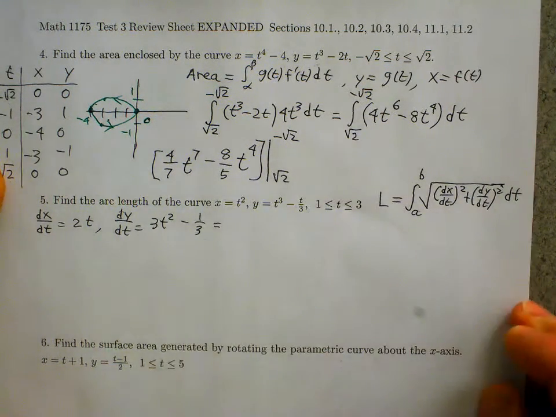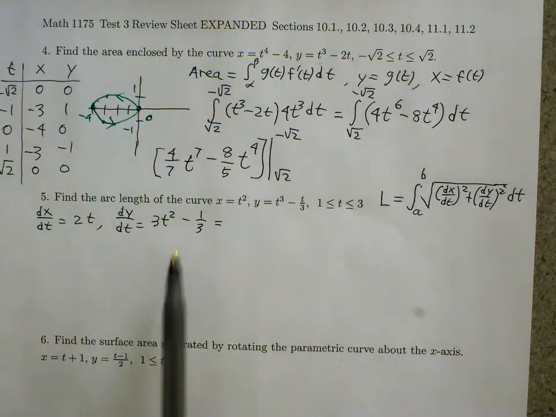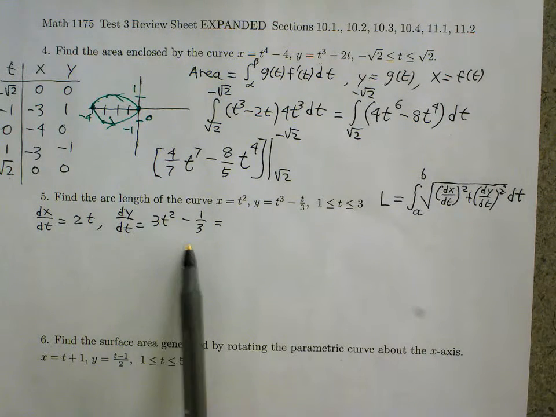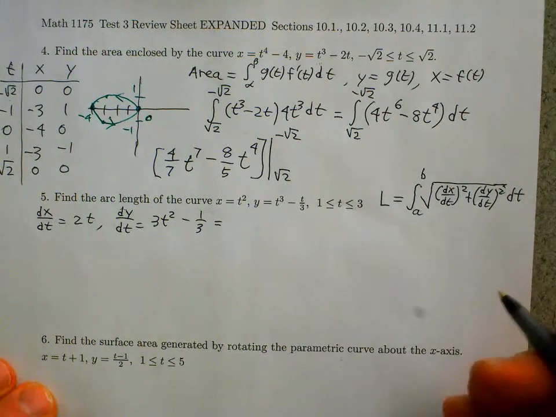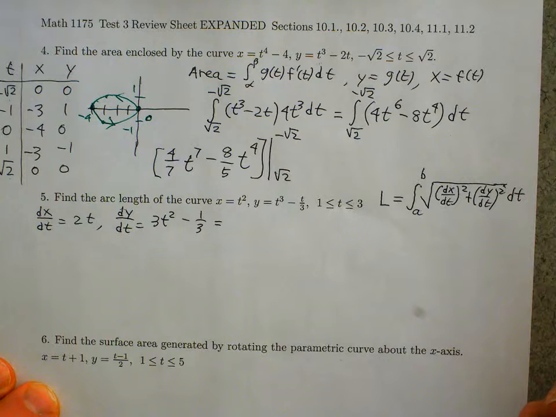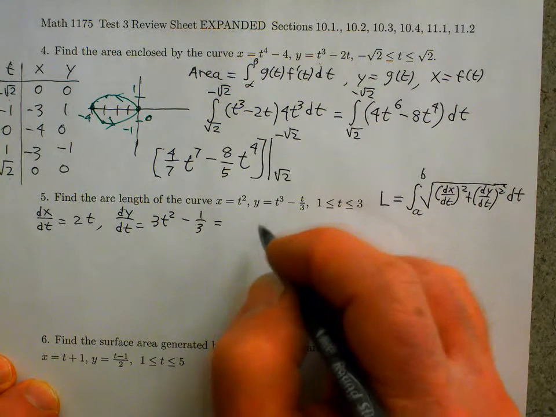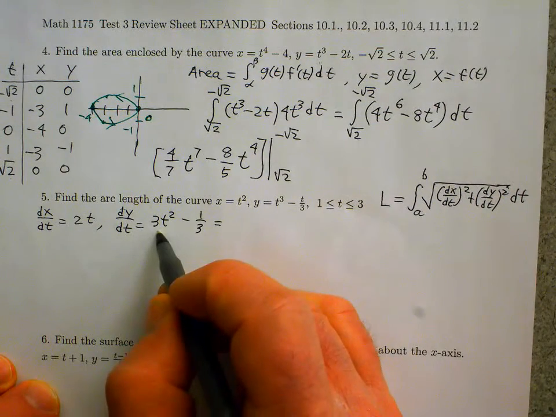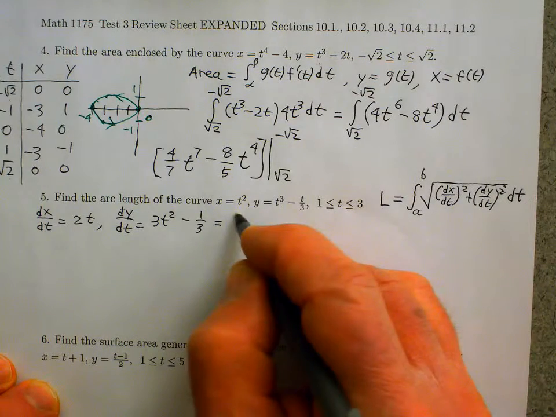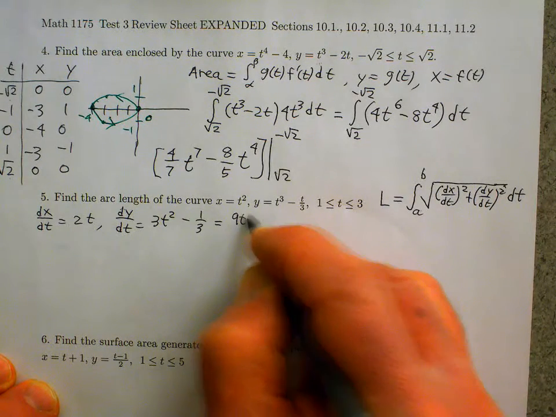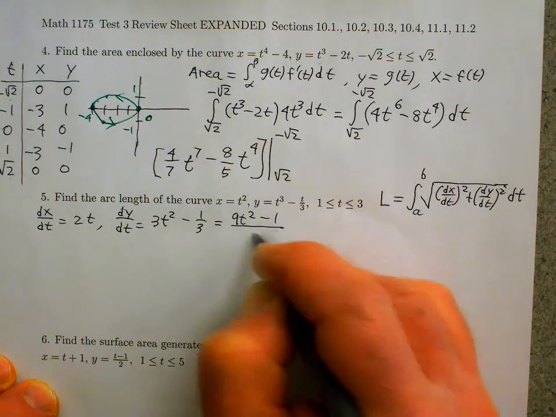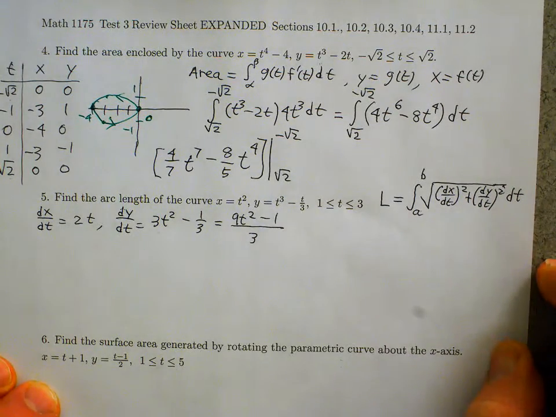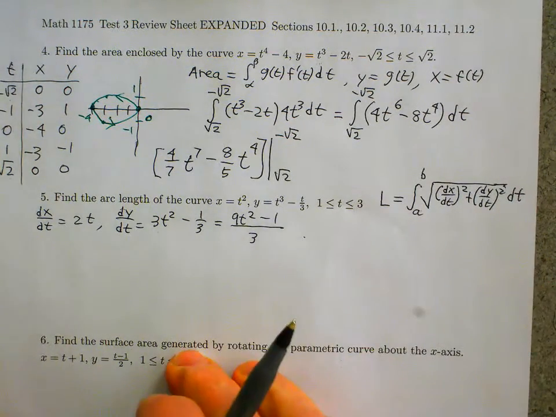So maybe, since we're squaring 3t to the second minus 1/3, if we write that as a single rational expression, it might help. Maybe it will make it more complicated, but I'm going to rewrite 3t to the second minus 1/3 as 9t to the second minus 1 all over 3. And then when we square both sides,